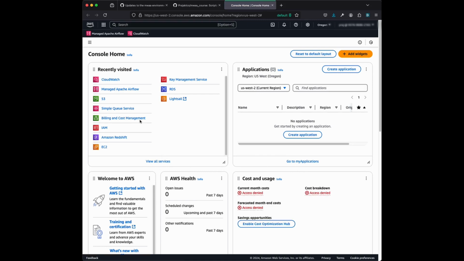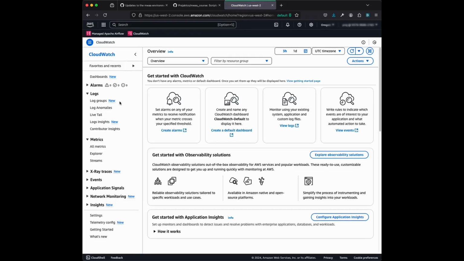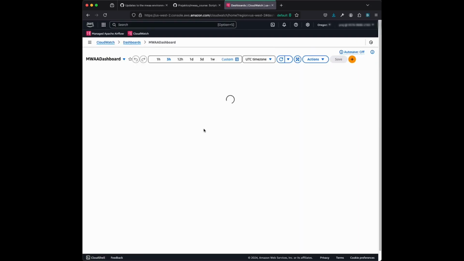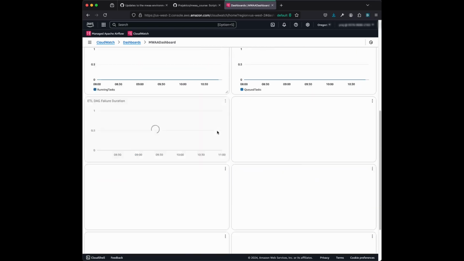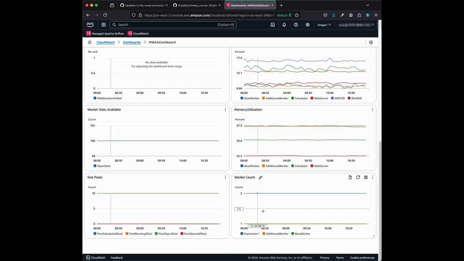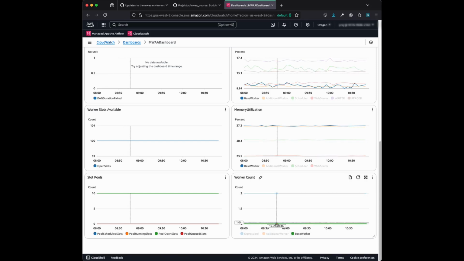Here we go. I'm opening up the AWS console. I'm just opening my dashboard up. Okay, here you can see the worker count. Now the expression gives me two because I have two workers, one being an additional worker and one base